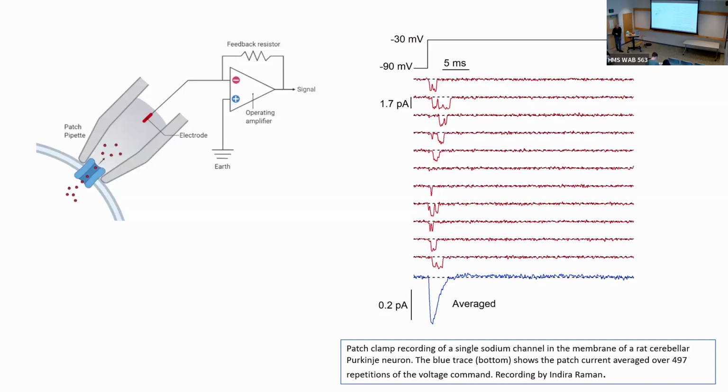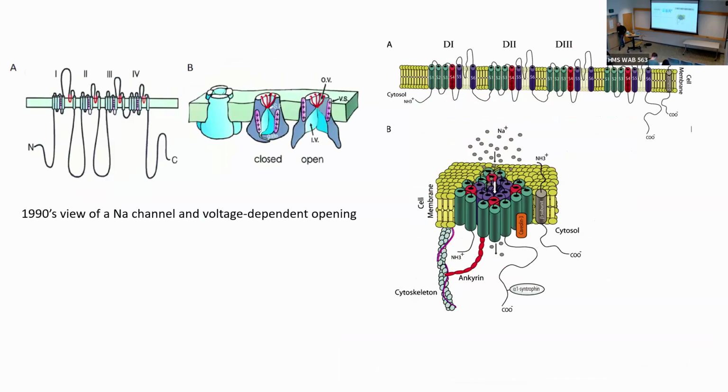And the other thing that it allowed was, I didn't make a picture of this, but if you now rupture the membrane under here by putting a strong suction on, then you get electrical continuity between the inside of the pipette and the inside of the cell. And then you can do a recording from the whole cell. And you can do this on small mammalian cells really nicely. And so everybody got excited about this. We all started getting whatever cells we could get and starting to make recordings.